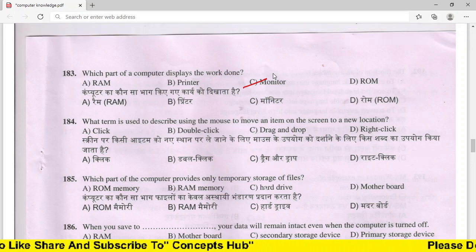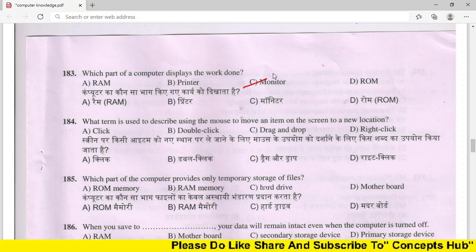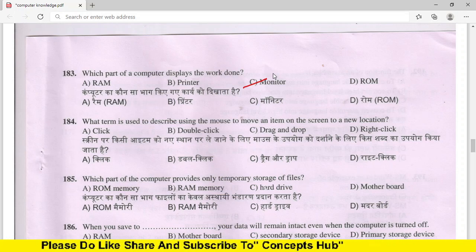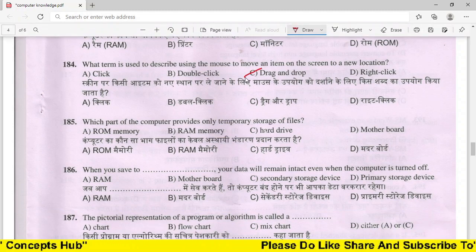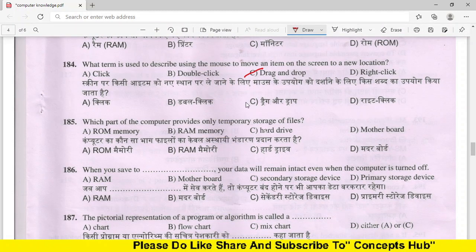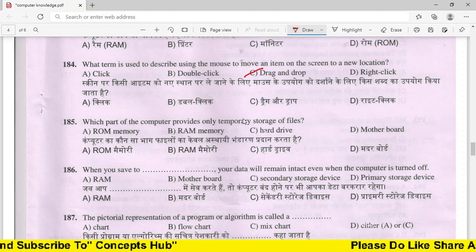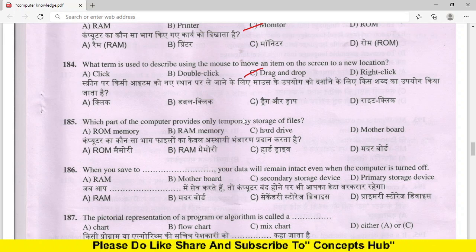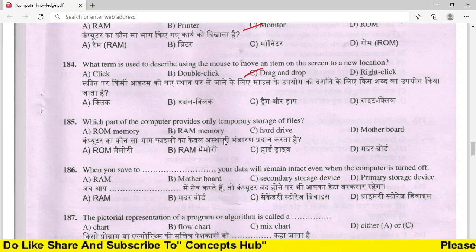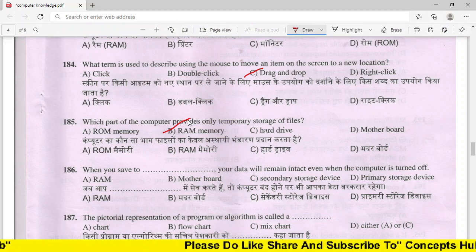Next, what term is used to describe using the mouse to move an item on the screen to a new location? The answer is drag and drop. Which part of a computer provides only temporary storage of files? The answer is RAM.